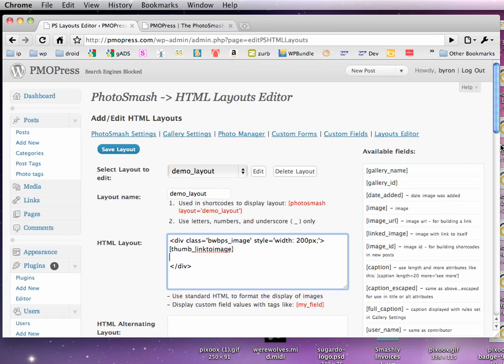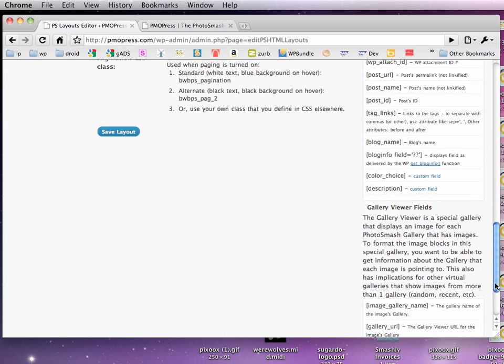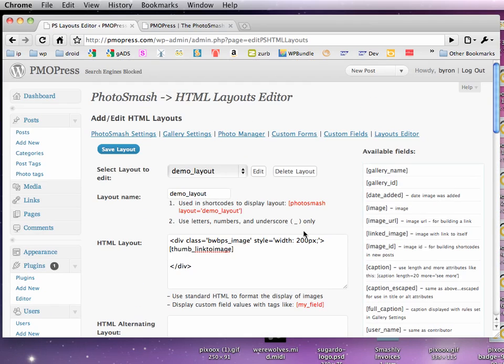layout. If we want to add our two fields, scroll down here to the bottom of the fields that are available, and you'll see here's all of your custom fields that get shown. So just copy and paste those up. Now I'm going to go ahead and paste that back in. What I did was put paragraph tags around them, said my favorite color is color choice. Close my paragraph, open a new paragraph, description, put in the description field, close the paragraph, and we'll save our